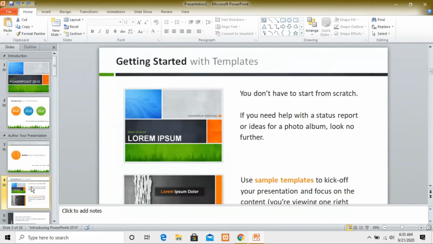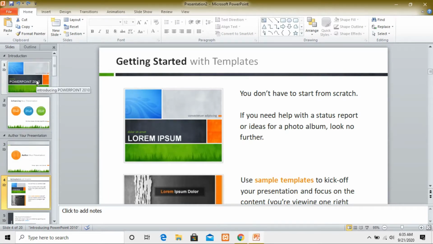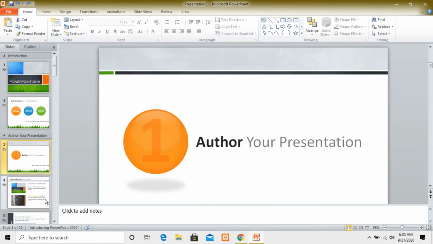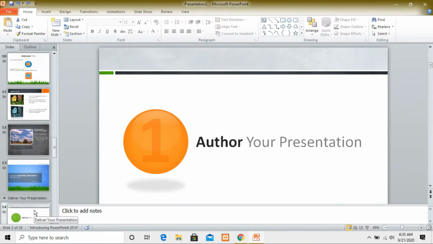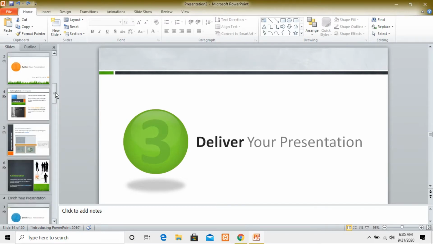Thumbnails are the small picture of each slide. If I click on the first slide, it will open the first slide, and if you want to open the third slide, just click on the third slide. If you want to open a further slide like the 14th one, just click on it and it will open. So these small thumbnails help you open other slides.